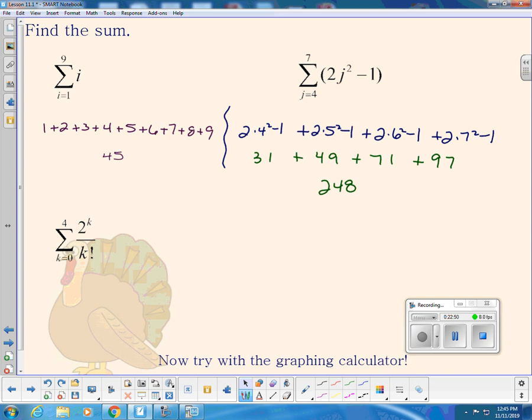Okay. We're going 0 to 4. So 2 to the 0 over 0 factorial, which, by the way, if you saw on the other screen, 0 factorial has to be 1 for things like this, okay? Plus 2 to the first over 1 factorial plus 2 to the second over 2 factorial, 2 to the third over 3 factorial,